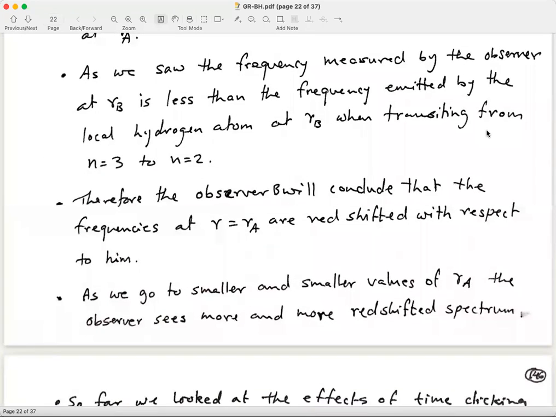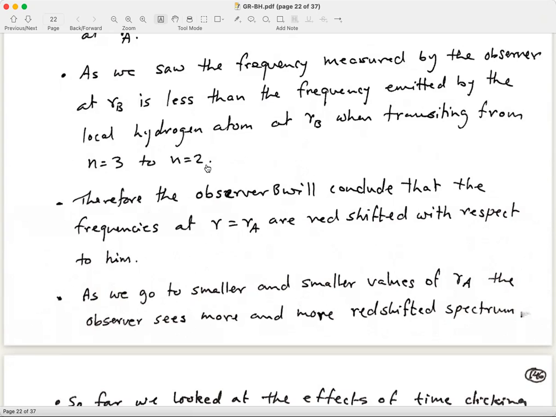Let's put it a little differently. Suppose you want to get the same spectrum that the observer at point B measures for the n equals 3 to n equals 2 transition. The frequency at R equals RA should be much larger. It should be much larger than the energy difference between this. So only if that happens would the observer B measure the same frequency that he or she would measure from n equals 3 to n equals